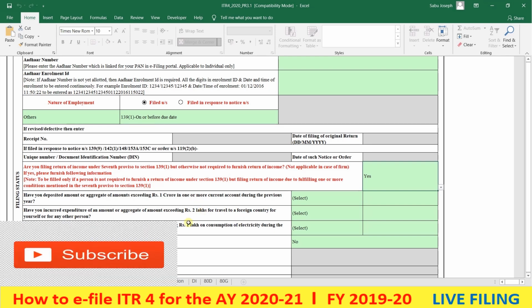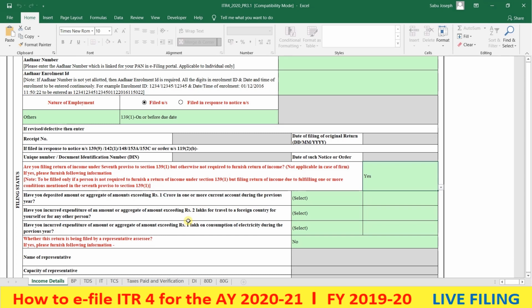The second is, have you incurred expenditure of an amount or aggregate of amount exceeding rupees 2 lakhs for travel to a foreign country, for yourself or for any other person? Have you incurred expenditure of amount or aggregate amount exceeding rupees 1 lakh on consumption of electricity?